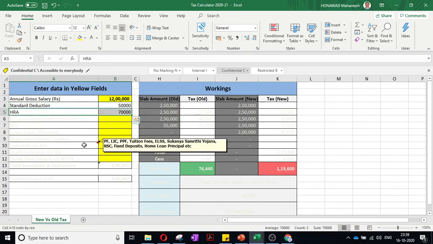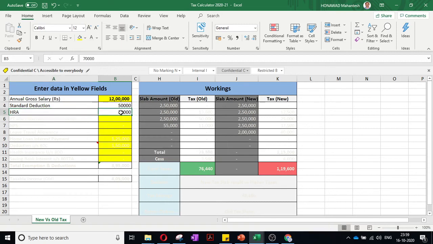Next will be HRA. You can claim HRA up to 1 lakh without a PAN number. If you are claiming HRA, that is house rent allowance, above 1 lakh, you should have all the documents from the house owner, like his PAN card, where he is staying, and a rent agreement with revenue stamp, his PAN number, that will be recorded by your office. But below 1 lakh, there is no need of PAN card or anything.